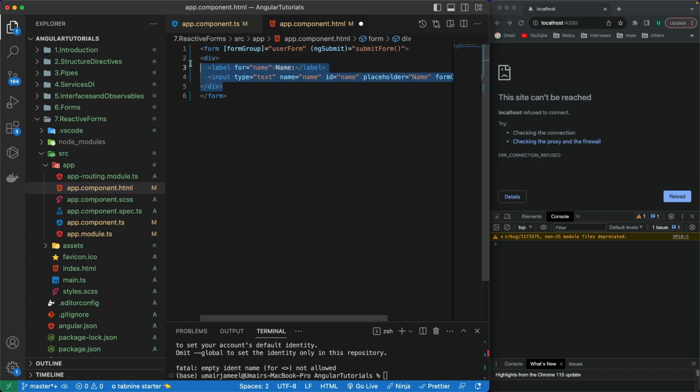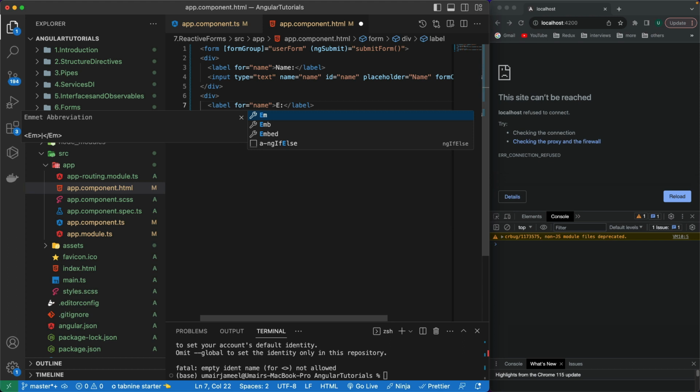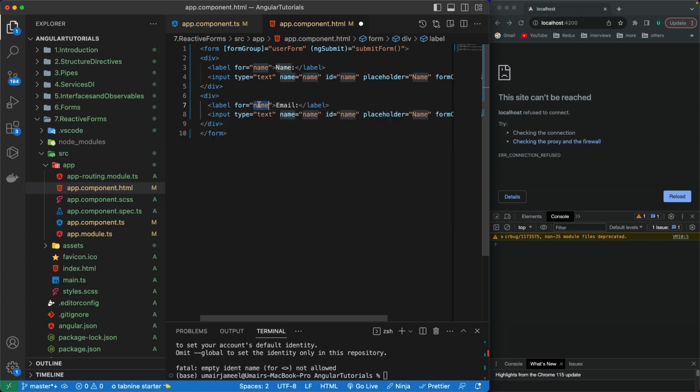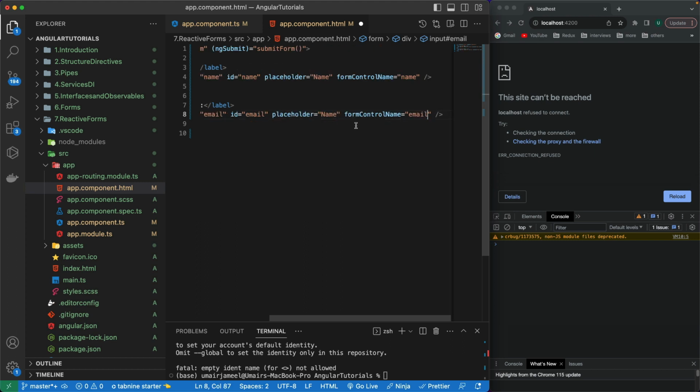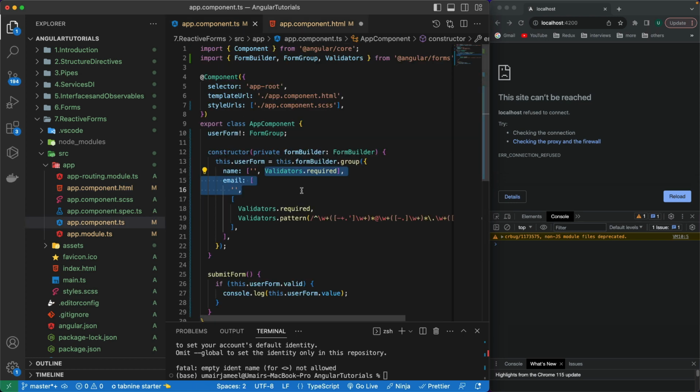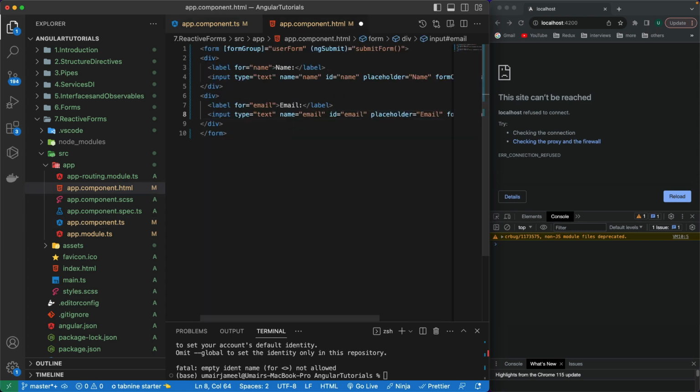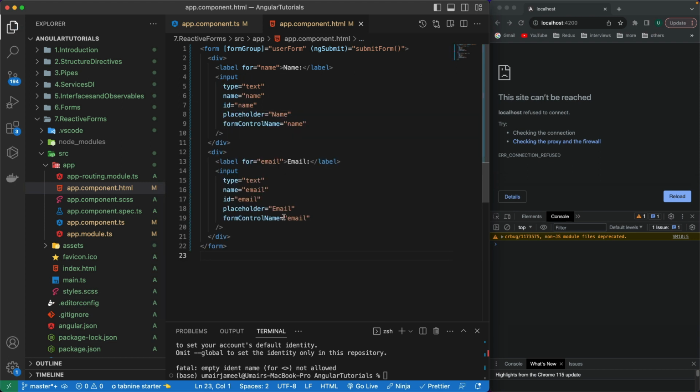Okay, let's copy this one for the email as well. So I'm going to change it to the email. Let's change it to the email, and I'm going to just copy this and change the values at multiple places. Okay, make sure you have the email same value over here. All right, so let's save it now, and after this I'm going to create another div for the button which